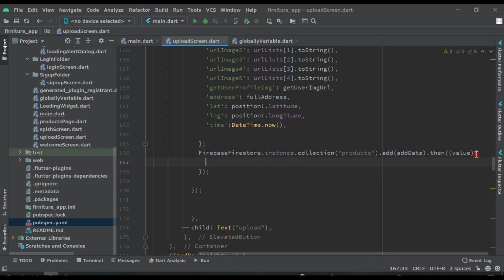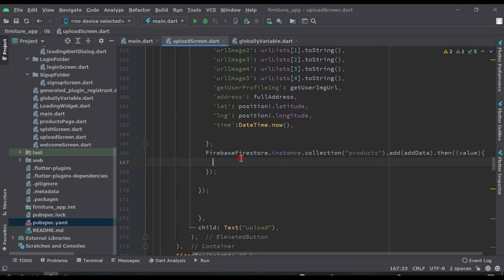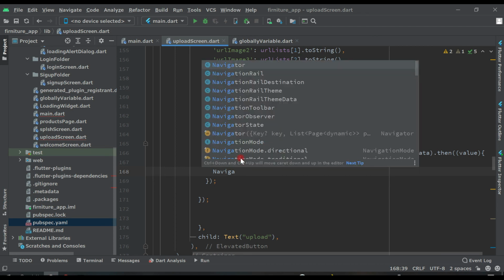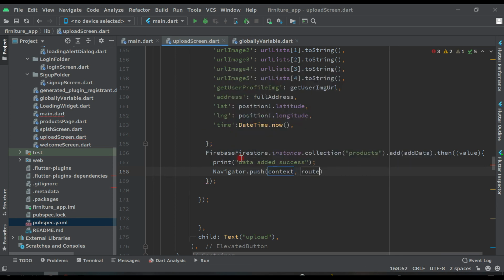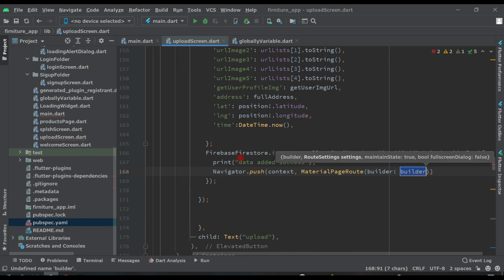Inside this we will write a print statement, print data added successfully, put semicolon, and then Navigator.push. The route will be MaterialPageRoute, and remove this builder and write here context.